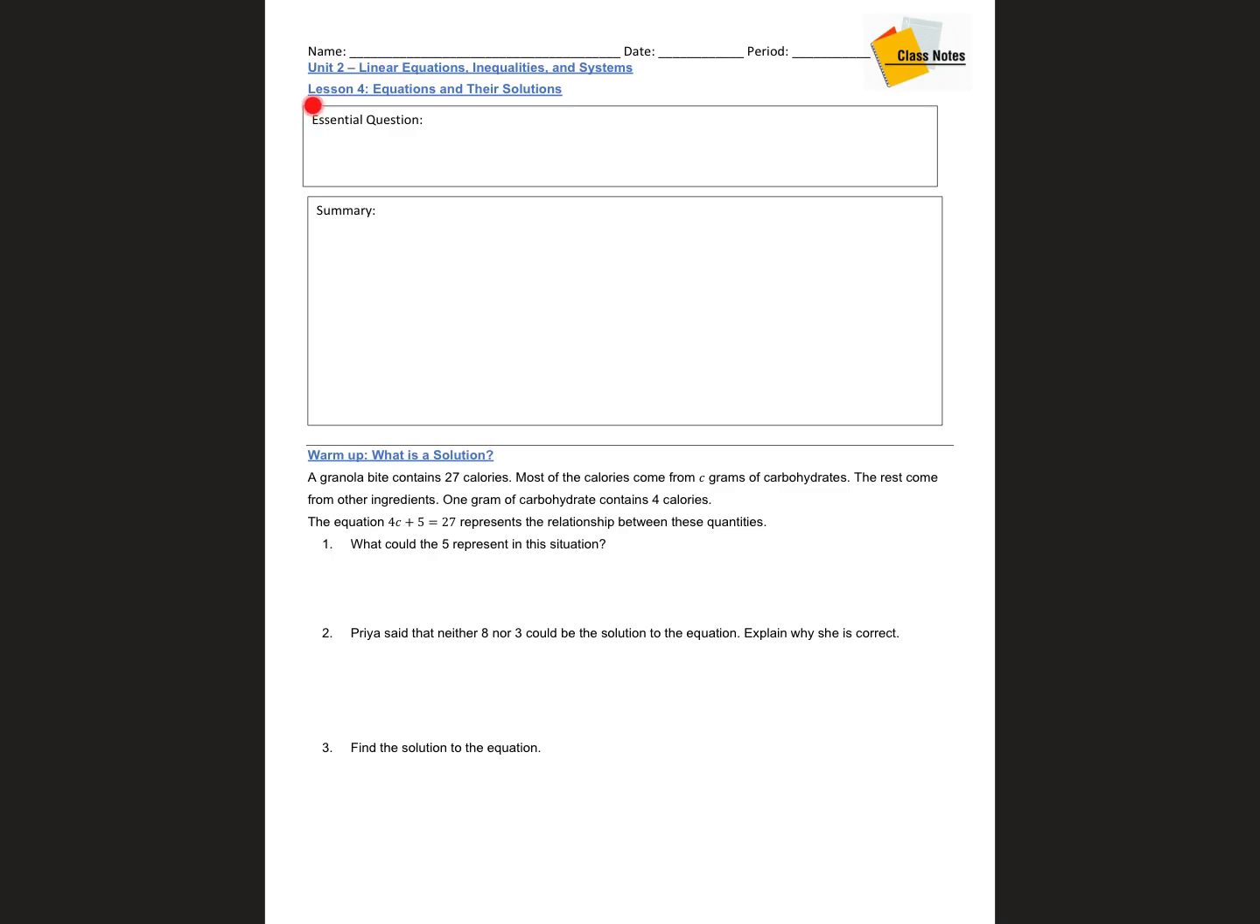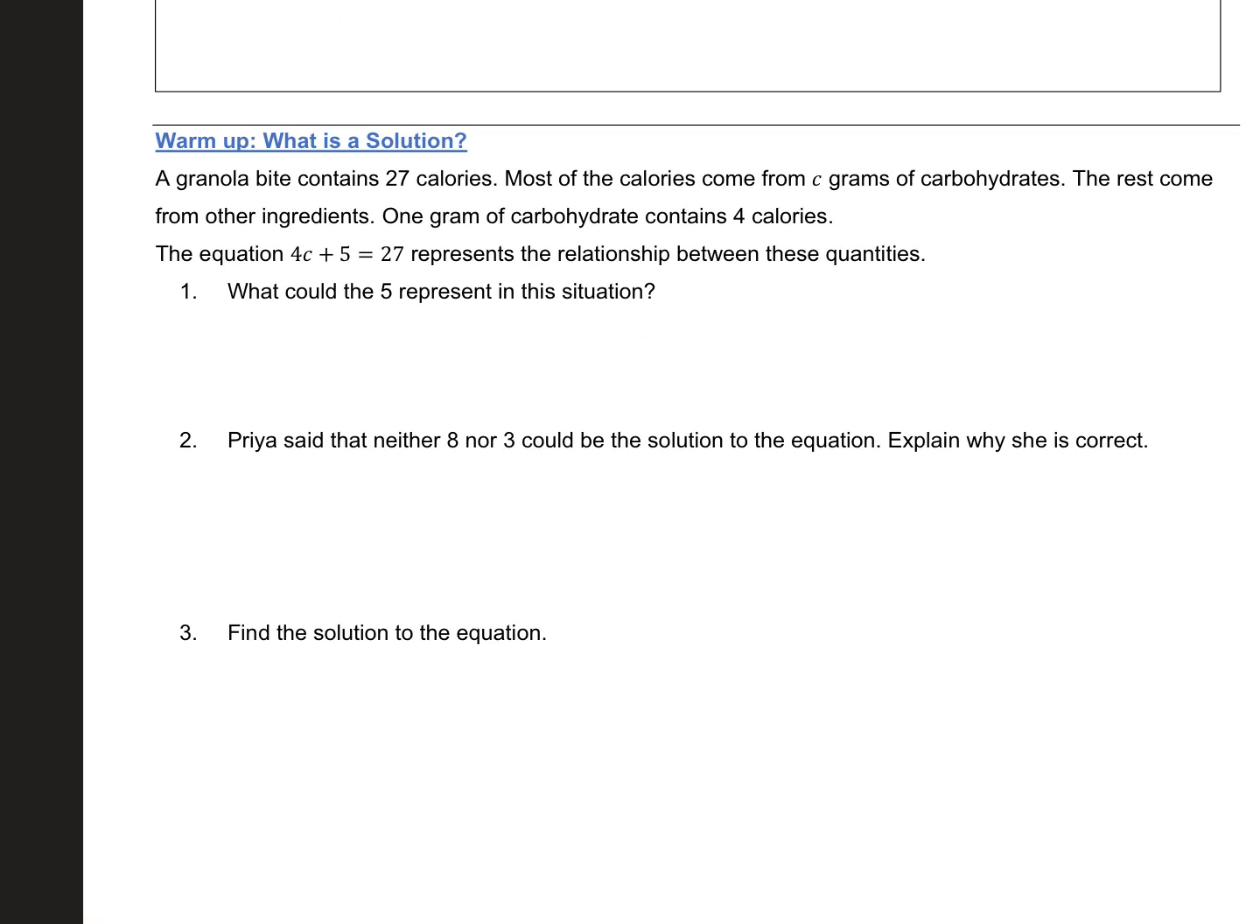Today we're going to be doing lesson 4, which is equations and their solutions. So we're going to start down here with the warm-up. So it says,